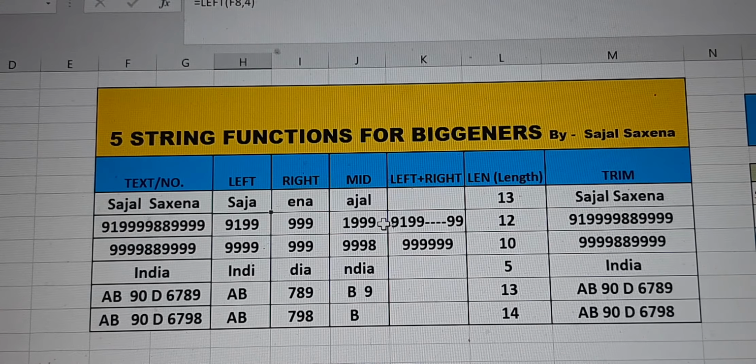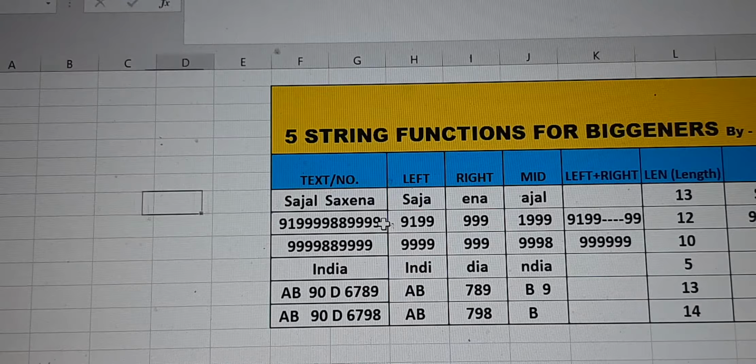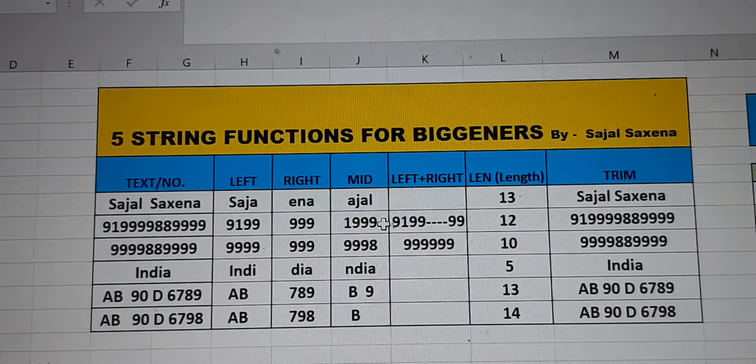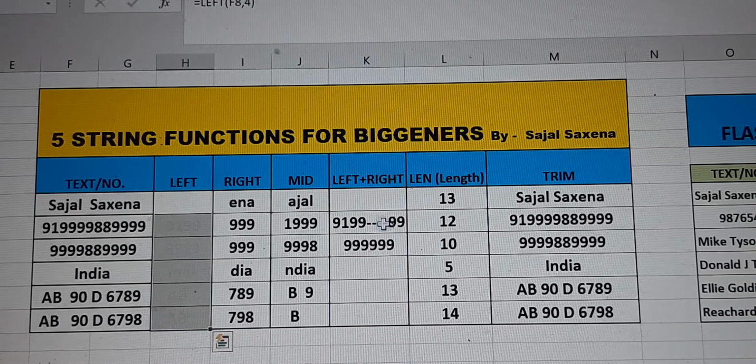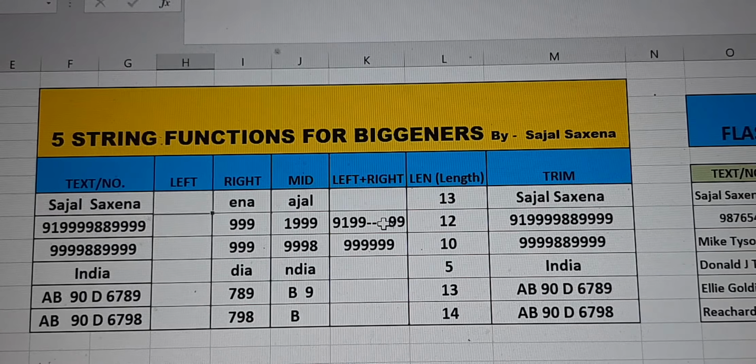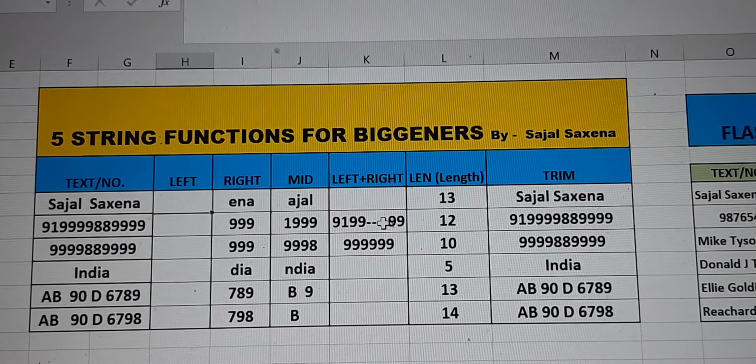Say for example, I delete the entire data from here. Now these cells do not have any formula attached, under the left column. So how do we do this? This is very simple.